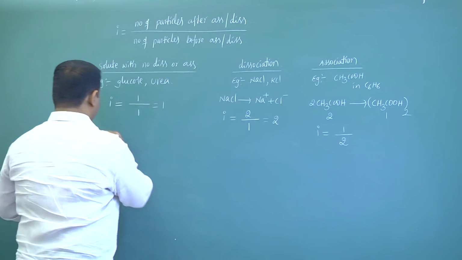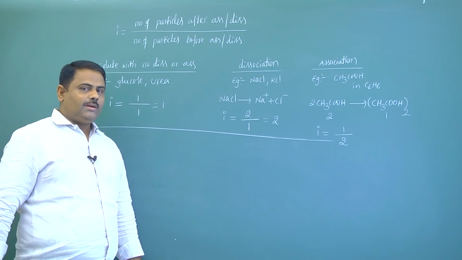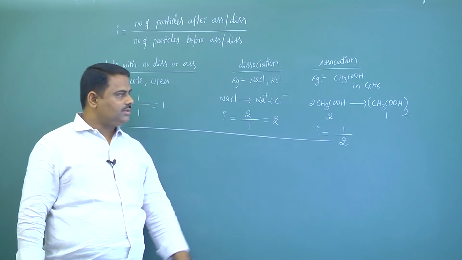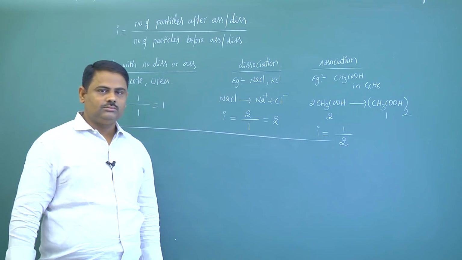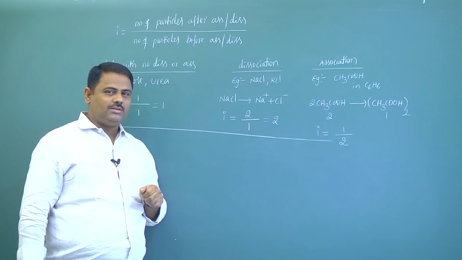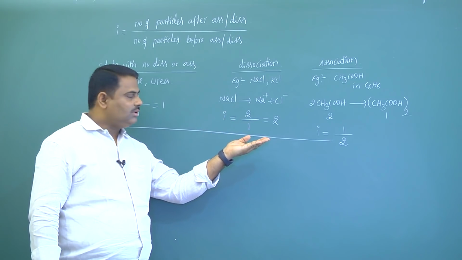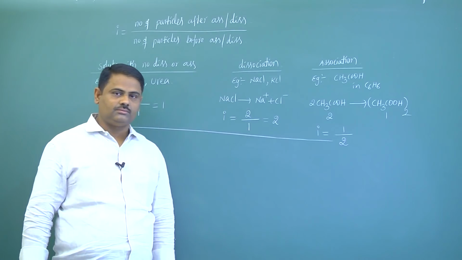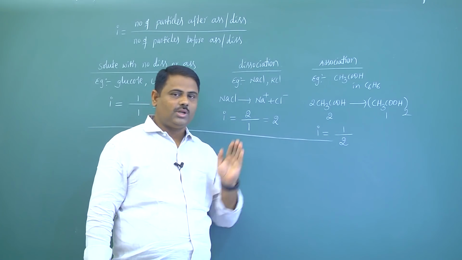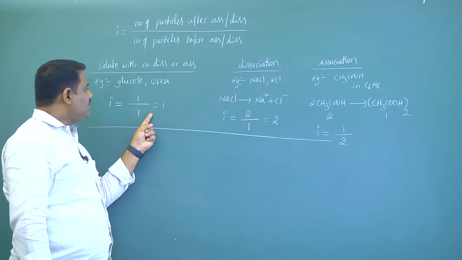Now for example, consider these are strong electrolytes, then these are the conditions we have to identify. For strong electrolytes, the number of particles formed after dissociation is i. The number of particles formed after association, from there you can identify i. Here no association or dissociation,